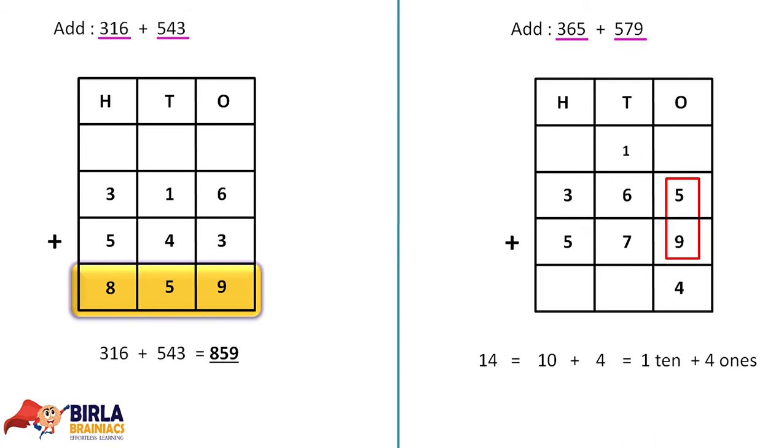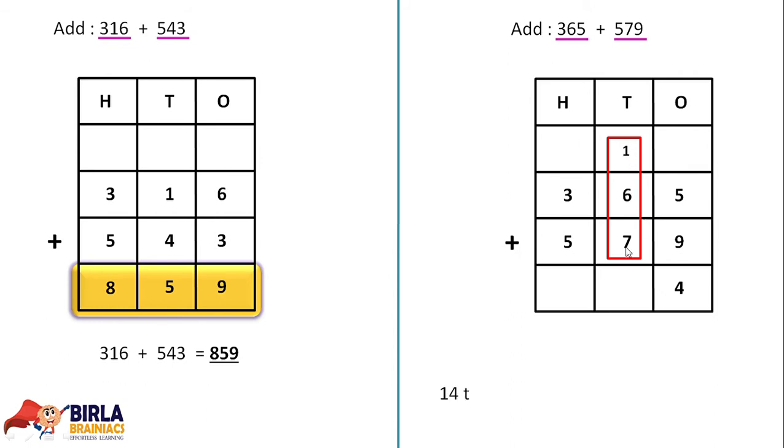Now we'll add all the tens. So add up all the tens, how much will you get? 1 plus 6 gives you 7. 7 plus 7 gives you 14 again, but now it is 14 tens. 14 tens means it is 140. 140 is 100 plus 40. 100 means 100 you have, and 40 means 4 tens. So 100 plus 4 tens you have.